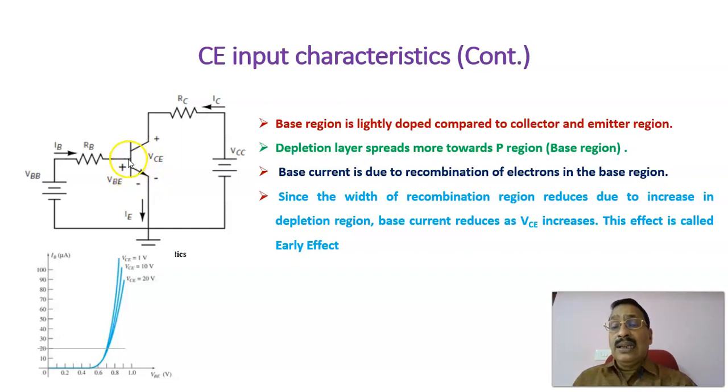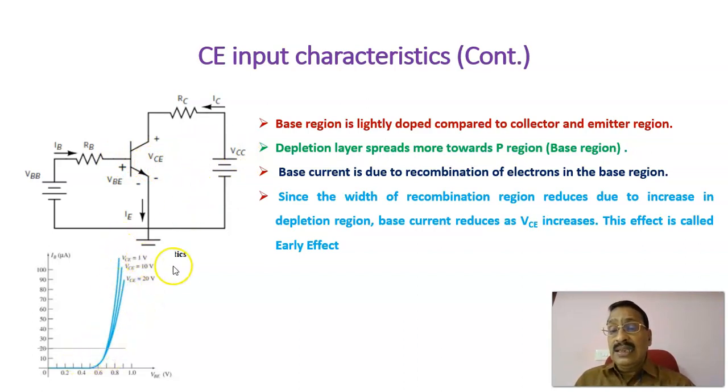Therefore, here, that will be very less. As you see, as the collector region becomes more reverse biased, the available base region gets reduced, and the current due to recombination gets reduced. Because the depletion region is larger, the current due to the recombination of electrons on the base side gets reduced. Therefore, the base current gets reduced. That is what is happening when VCE increases. That is very clear from this.